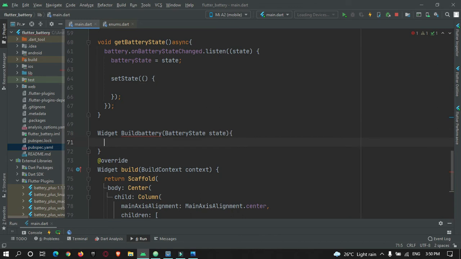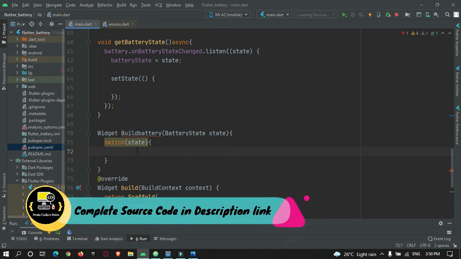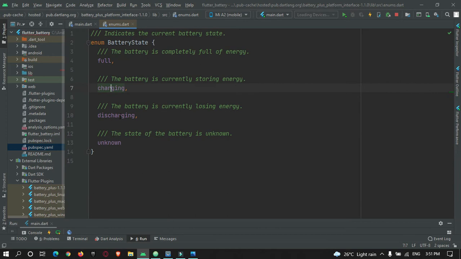Inside this I will use a switch statement, switch state. As you know, we have three states, that is full, charging, and discharging. So this default will never be found.